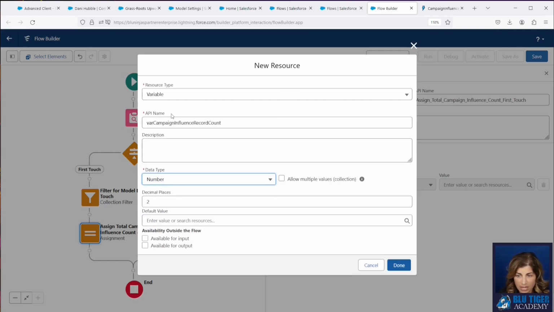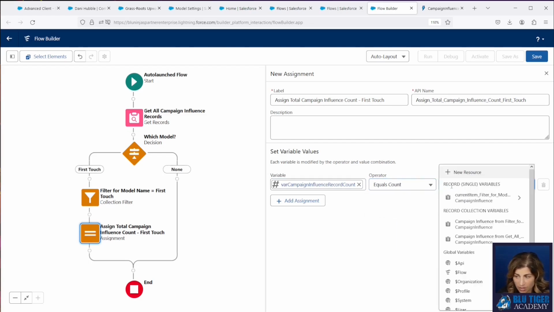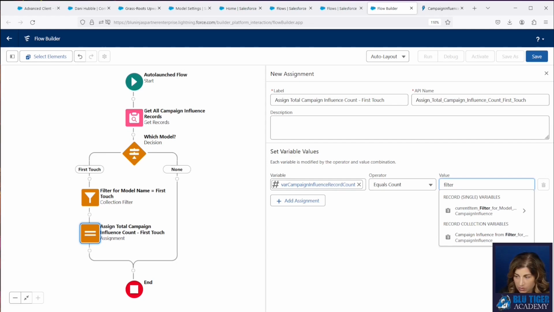This is going to be a number. It does not need any decimal places, and we're going to make the default value 0. And then we're going to say equals the count of our collection filter, because we want it to count the number of records that are in our record collection that's filtered for our first touch records. So you want to choose this one right down here.